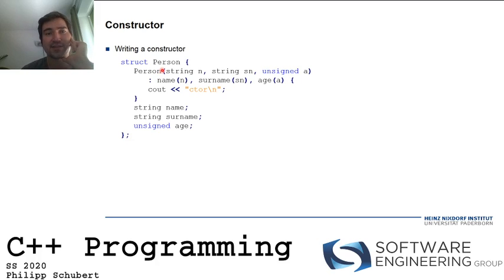And then a constructor may have a parameter list. Here, in parentheses, we have a parameter list. And we are basically telling the compiler, yeah, this person has a constructor Person, and it takes 3 arguments, 2 strings and 1 unsigned integer. And after the parameter list in